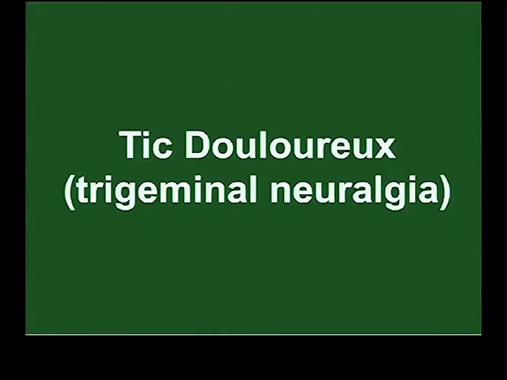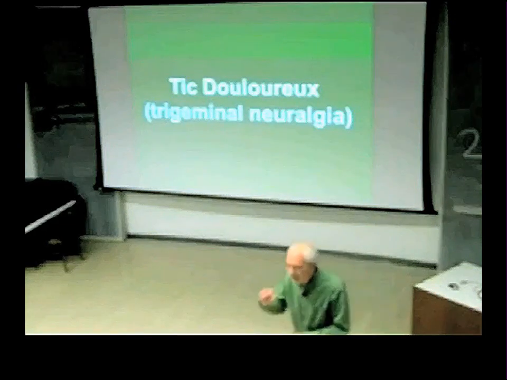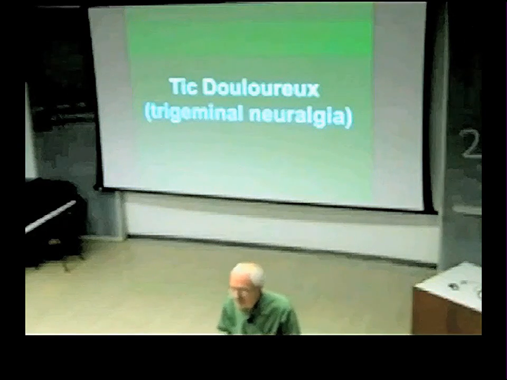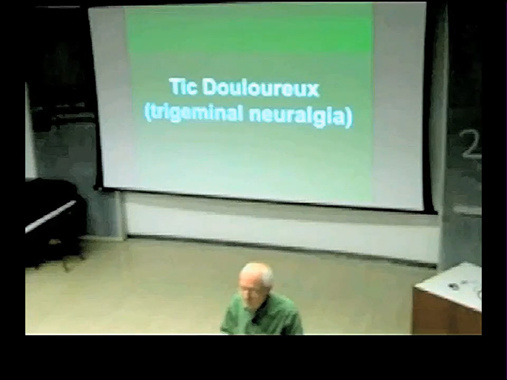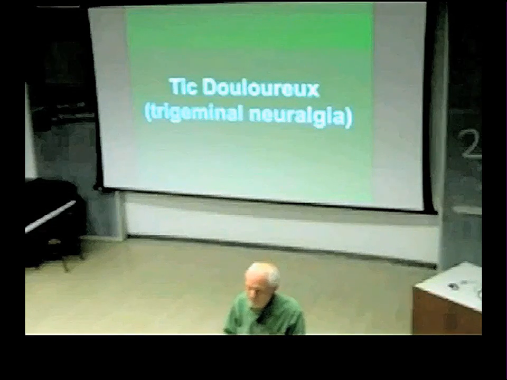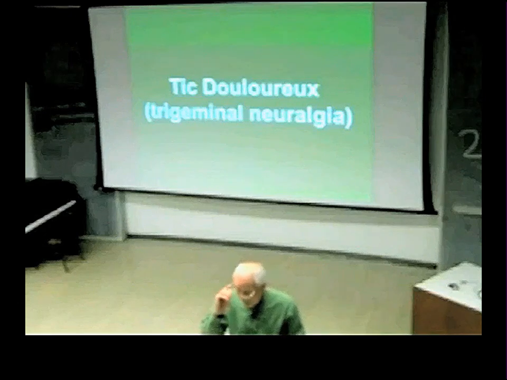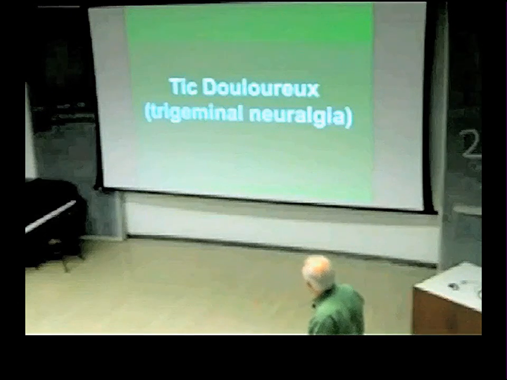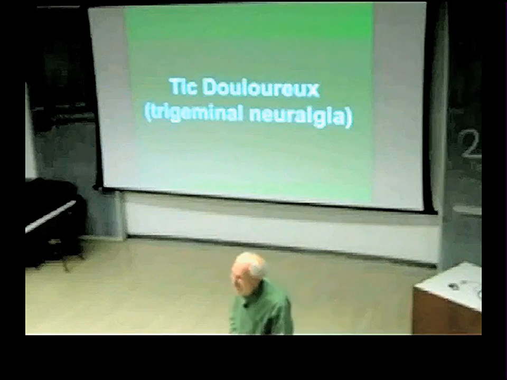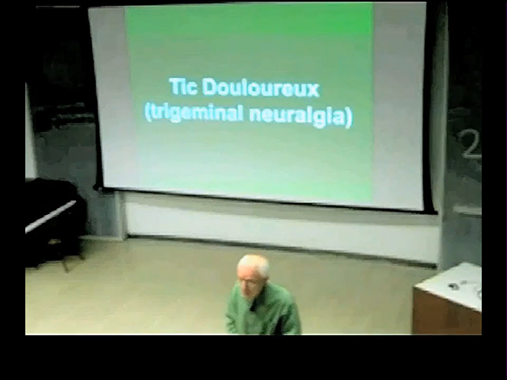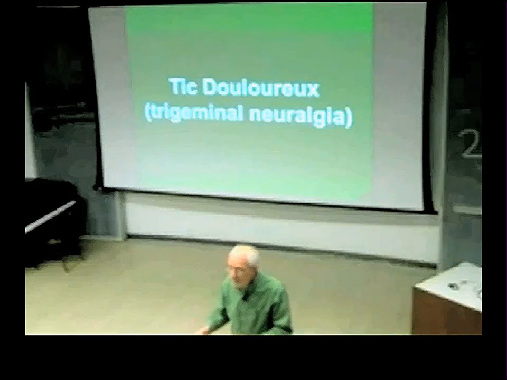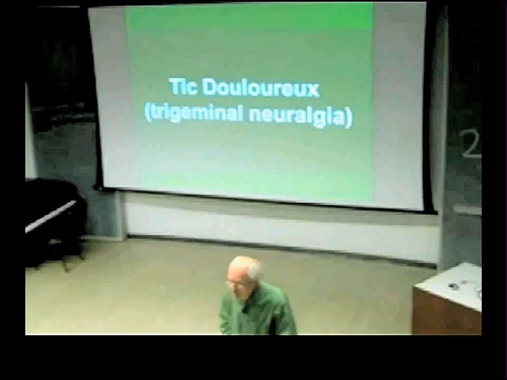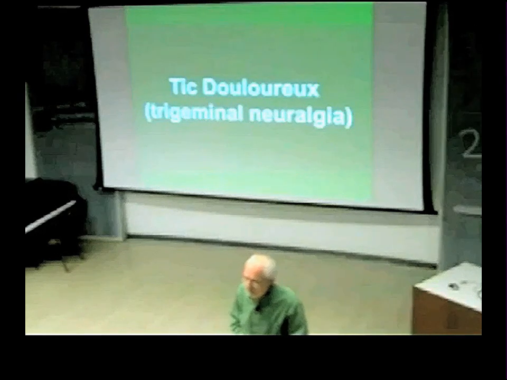Okay. Now, one thing I do want to talk about is this condition of the trigeminal nerve called tic-douloureux. A tic is an uncontrolled spasm, generally, of a facial muscle. You know, if I'm sitting here and I'm going like that all the time, that would be called a tic, a facial tic anyway. Often tics are related to muscular problems and the nerves that innervate them. But tic-douloureux is a tic that is not related to a muscular problem.